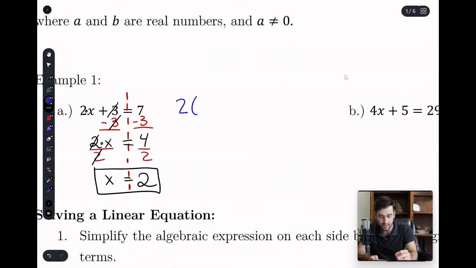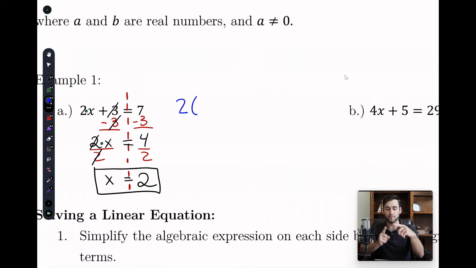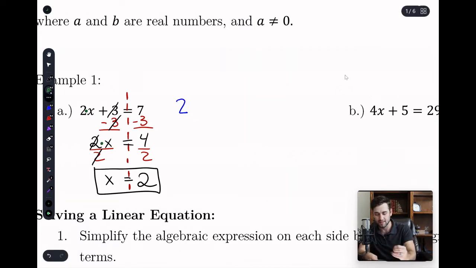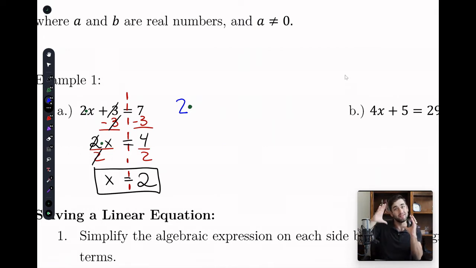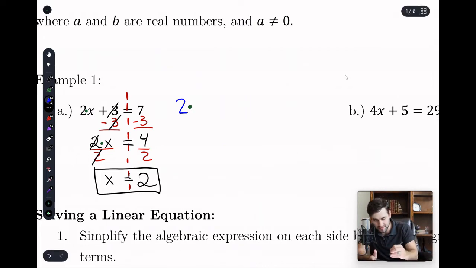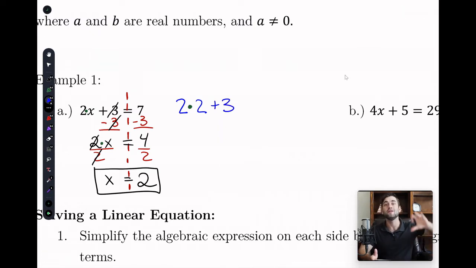2 times, instead of writing the x, what am I going to write? Ooh, I should make a times sign instead of that so it looks the same. You could put the parentheses. That's what I usually do, so I remember to put everything in there. But if you want to just do a times sign, that's okay too. 2 times. Now what goes there instead of the x? Obviously a 2, right? Boom. Plus 3. Now we're not going to write the other side because you know what we're doing? We're checking it. We're seeing if it's true. So we're not going to write the other side. We're just going to look at this side and see what happens.